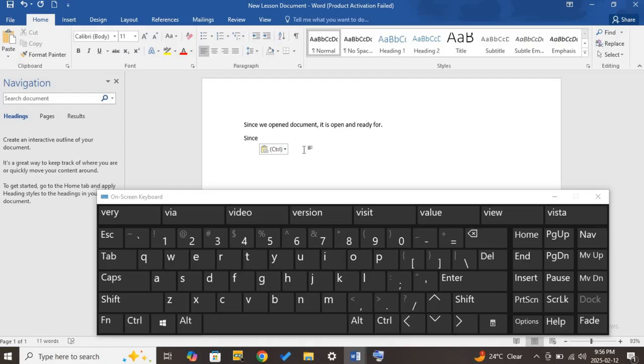I was undoing and redoing changes. Let me show you something. Our last action was to paste this word here, right? This was our last action. Paste this word. Now we can undo it